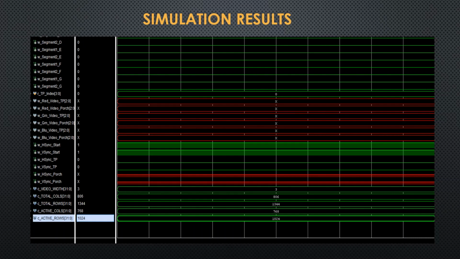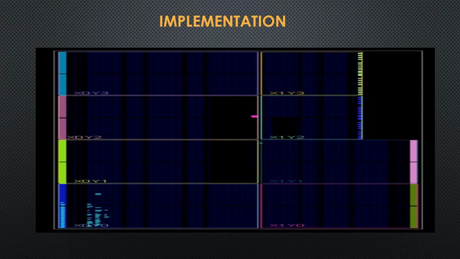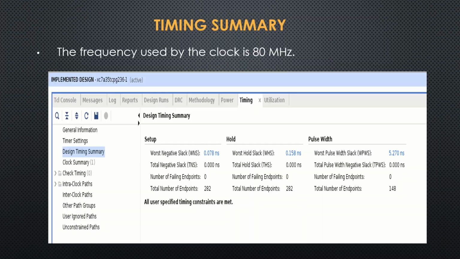understanding of the output. This is the synthesized design. The synthesized design diagram shows all the modules used in Verilog. This diagram can be implemented exactly like that on the FPGA board. This is the implementation diagram that shows all the number of input-output ports used on the FPGA board. This can be very useful in hardware implementation.